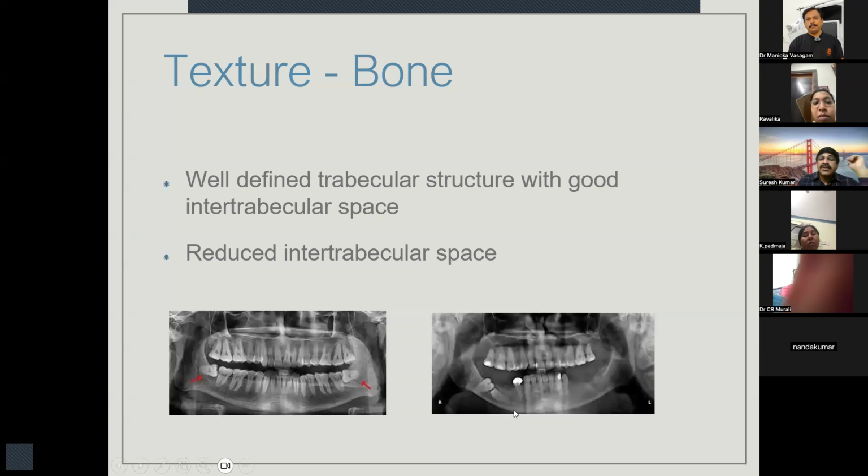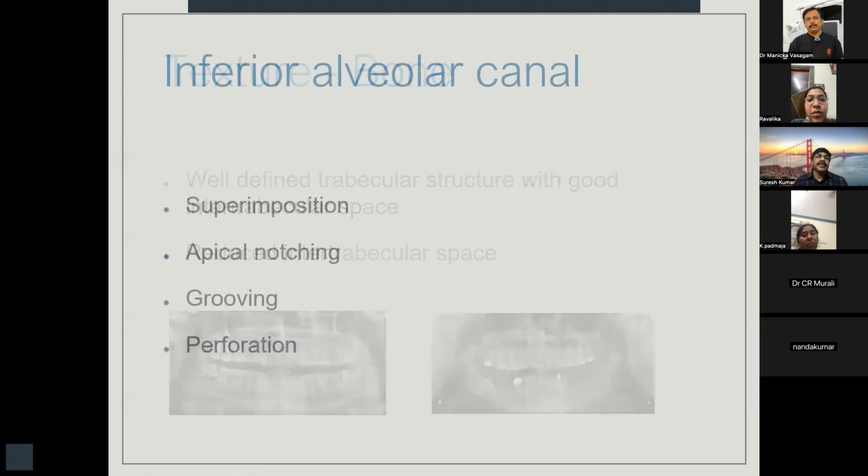But on the right hand side, this patient must be an aged patient. You can see very limited medullary spaces, but there is more of cortical nature. In these kinds of situations, if you want to remove this tooth, the bone is going to offer more resistance. So it is going to be more tough to remove this kind of tooth. So it is only a rough orientation through the two-dimensional X-rays. It's very difficult to assess from the two-dimensional X-ray. Just for completion's sake, we also have a look at the bone.